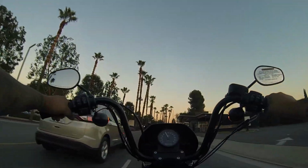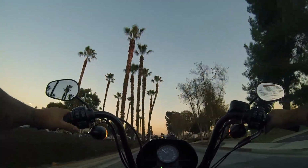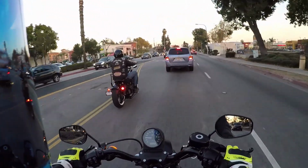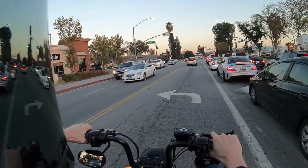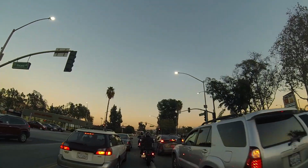and sales were going up, like I mentioned, and a lot of the other manufacturers were taking note, and they basically, in response to this, started coming out with some of their own bikes that were adopting this style and this look. One in particular that was a direct competitor of the Iron 883 was the Yamaha Bolt. And I'm not sure if that bike is still out anymore, but that bike was directly targeted at the sales